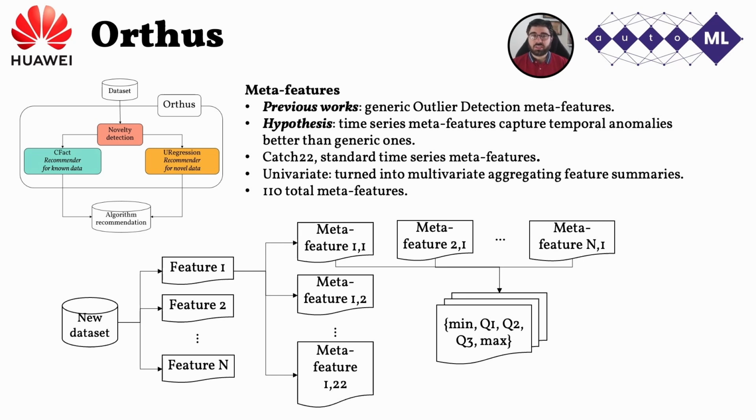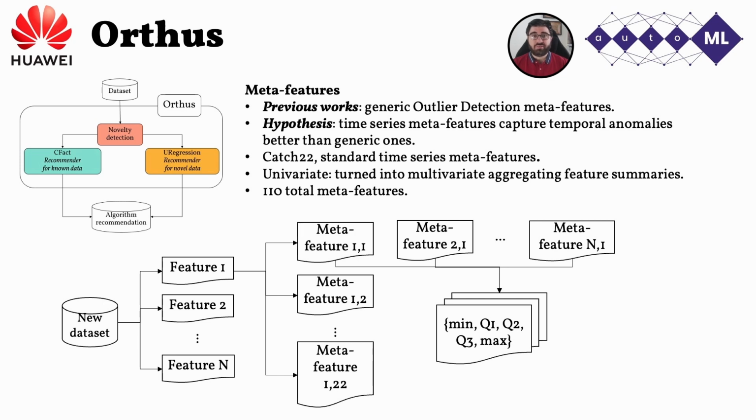Previous works have used generic outlier detection meta features that would not take into account the temporal behavior of the anomalies present in our setting. To solve this, we propose to use time series meta features, specifically Catch-22, a standard set proposed in literature, which